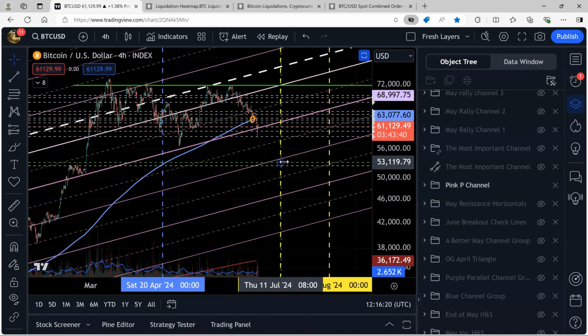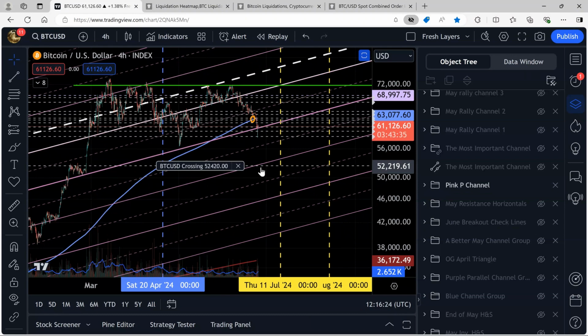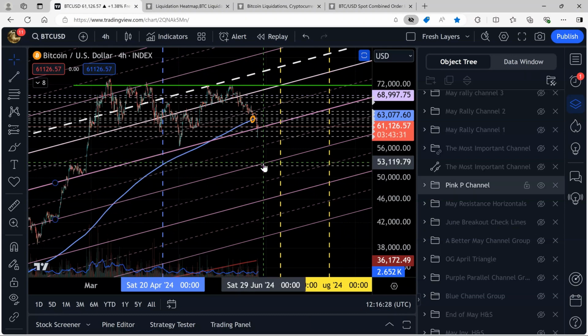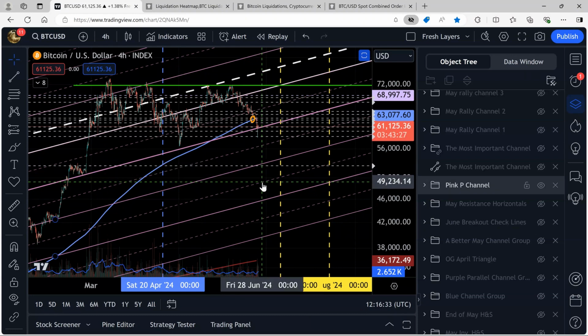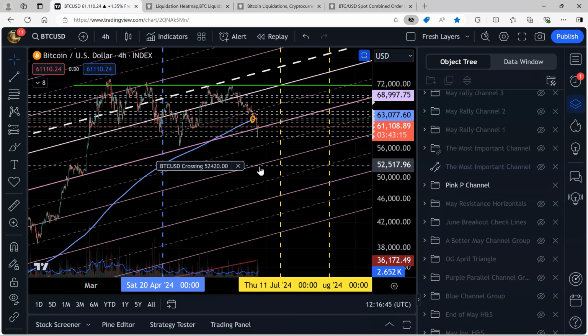But I think we got pretty good support there at 52. The center line here is pretty good support too, so even if we did fall through 52,